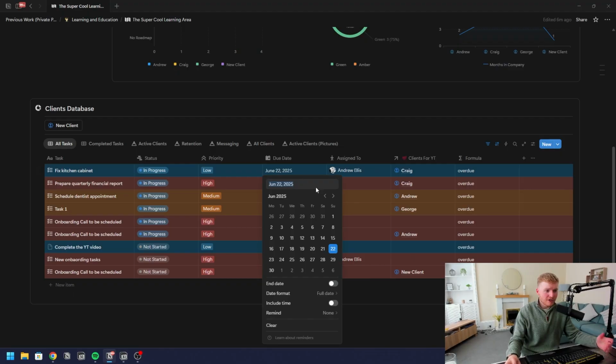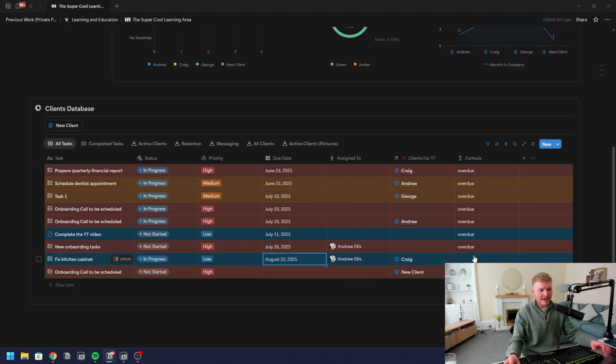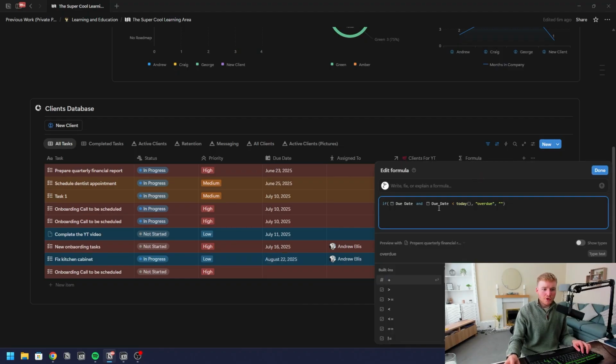So if we were to put something to, let's say, today's date, and we'll put over here, you'll now see that that actually doesn't have overdue anymore. So again, it's not the most crazy thing in the world, and it's not going to be something that you'll be able to create exceptionally smart formulas with at this moment in time, but I do think it's a really good